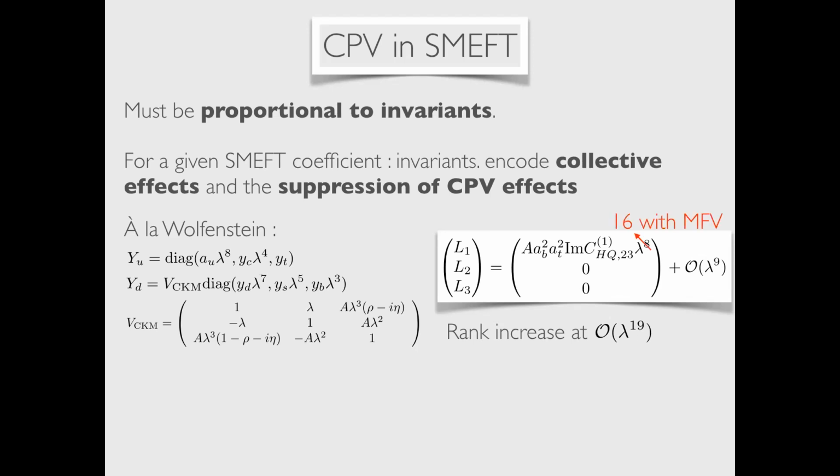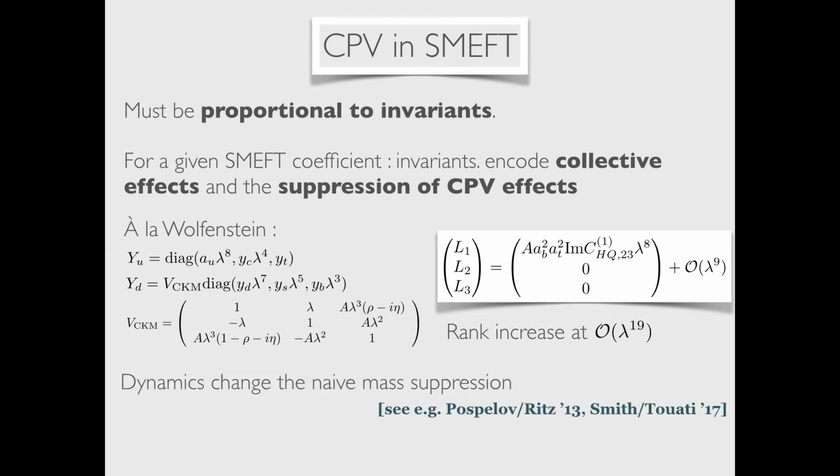And you can also plug in some flavor assumptions in there to see how they change and how they could impact CP violation. So for instance, if you assume MFV, this coefficient then would be related to entries of the Yukawa matrices times some unknown flavor blind coefficient. So if you impose this ansatz of minimal flavor violation, MFV, you would see that the first non-trivial contribution to this invariant is now pushed to the order lambda to the 16. So these invariants give you a way of estimating directly, algebraically, for instance, the impact of flavor assumptions on these